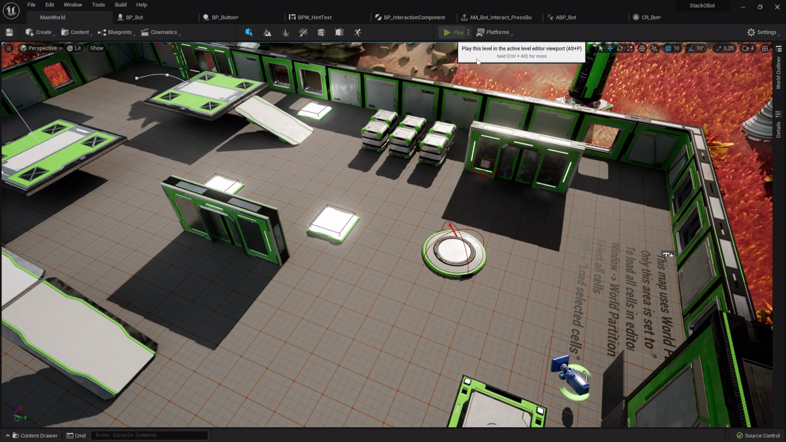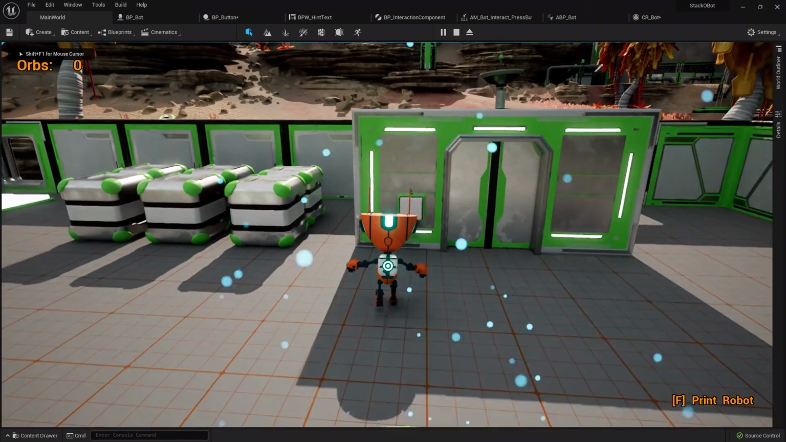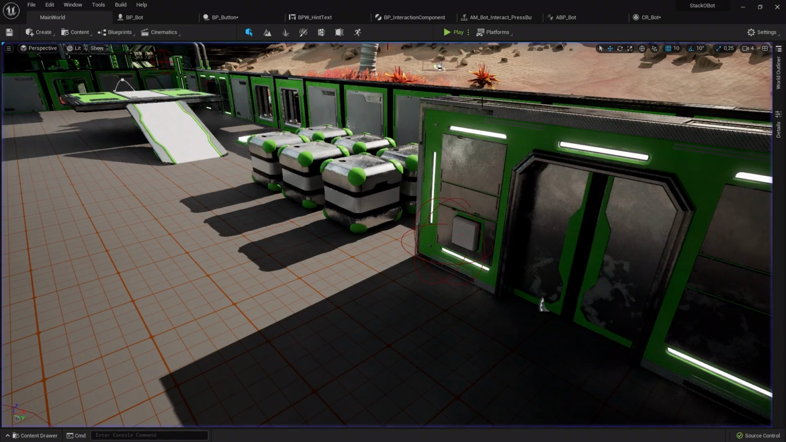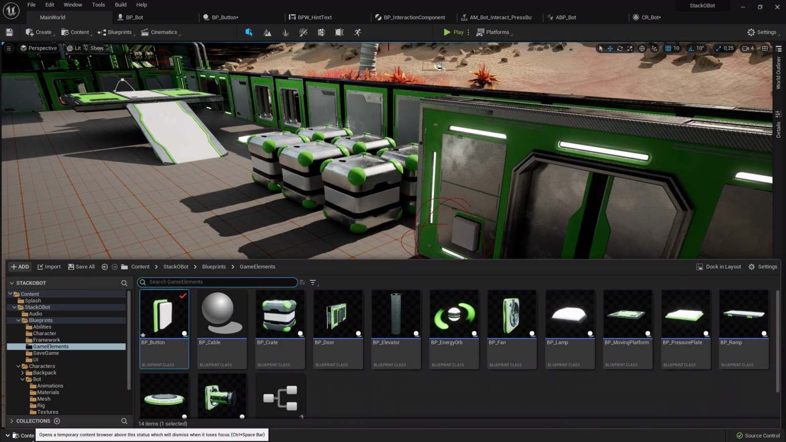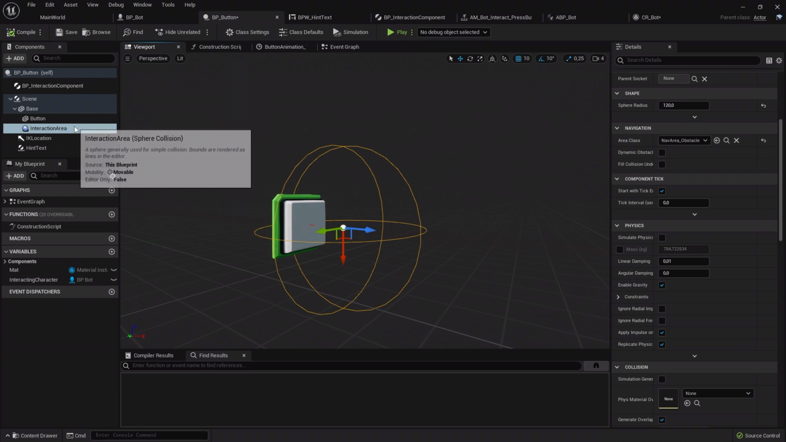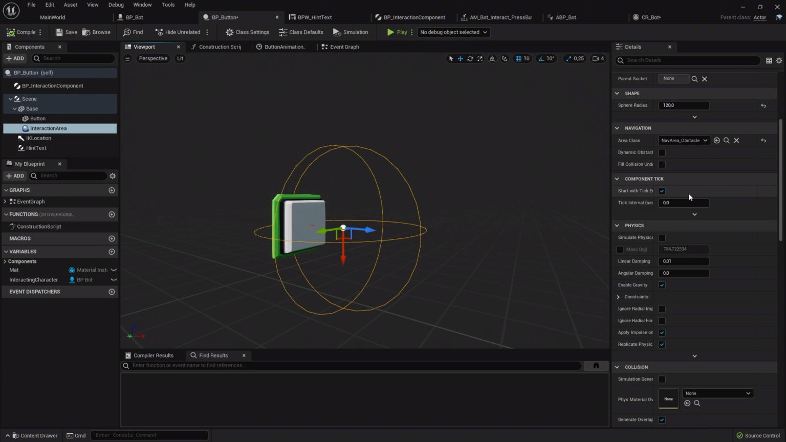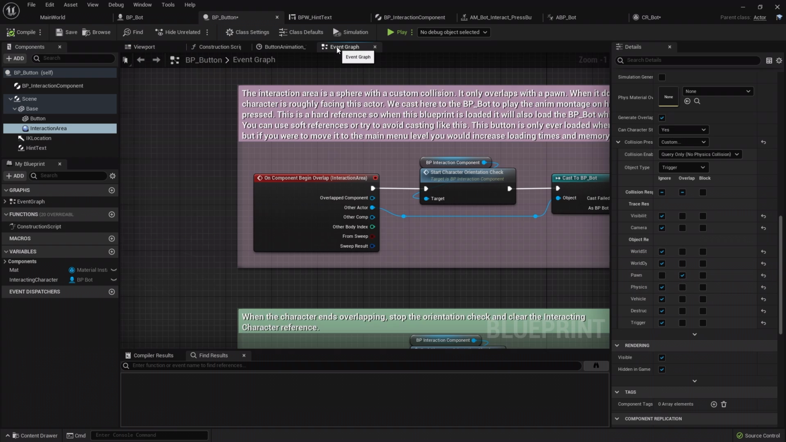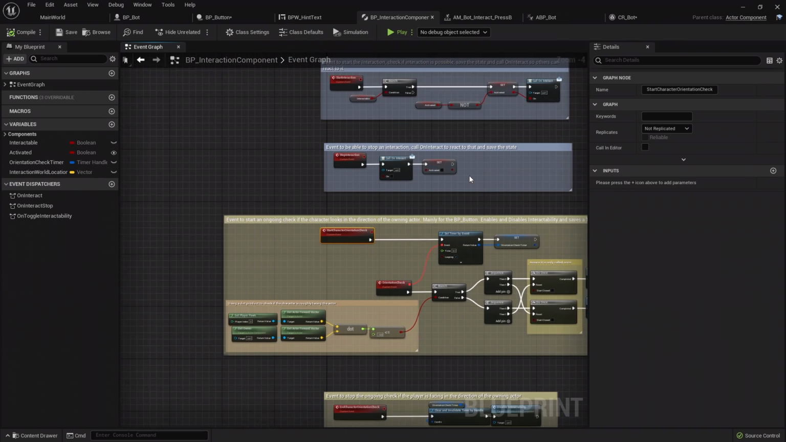Next, let's take a look at the button, which is using the same system but is slightly more complex. So when the player presses a button, the robot presses a button and plays an animation. So let's start with the button itself. The button also has a trigger area. This time it's from type trigger, and in the collision settings, it's only overlapping the pawn and ignoring everything else. So when the event overlap is fired, we start something we call character orientation check, which is also implemented